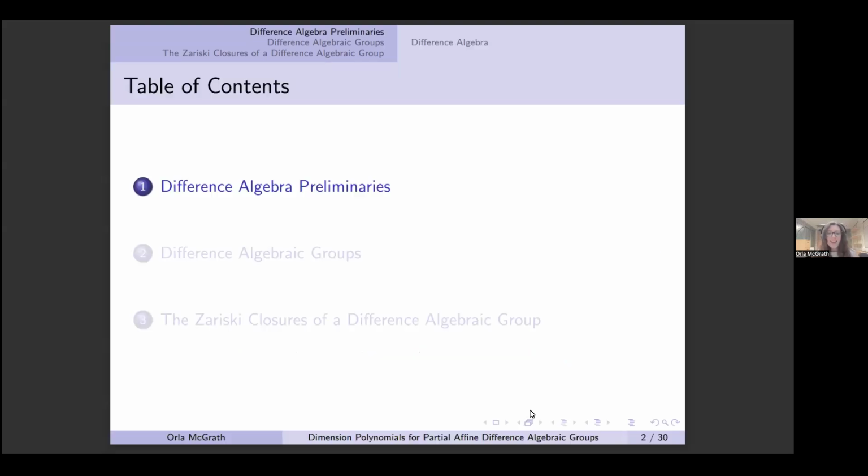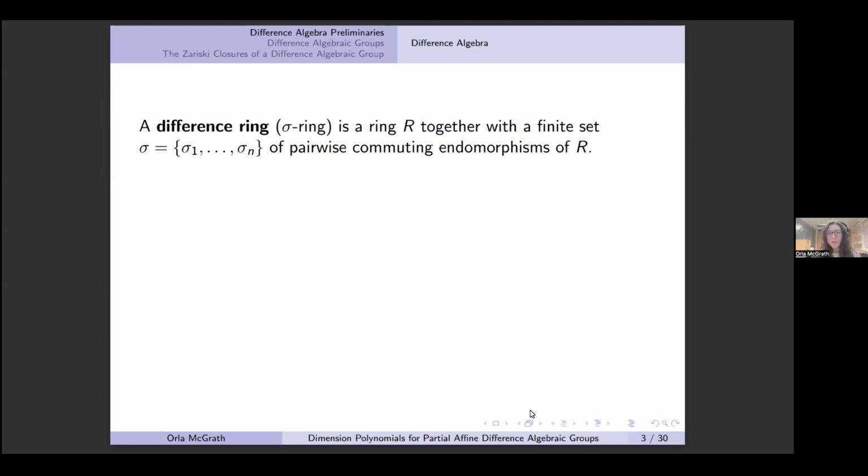I'll start off with all the necessary preliminaries from partial difference algebra. I'll then move on to difference algebraic geometry, and in particular difference algebraic groups, and then talk about the results from the paper. So to start off with, in our basic setup, we have a difference ring, which is a